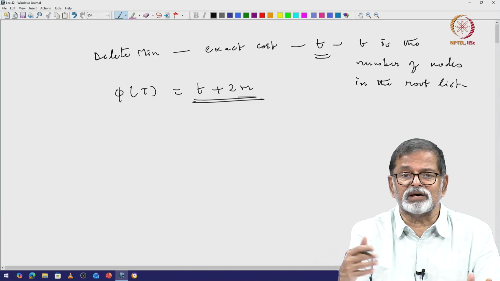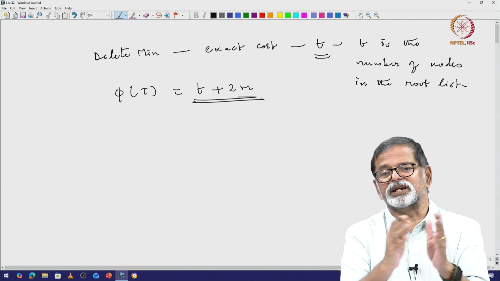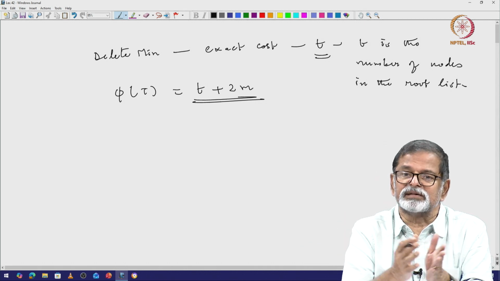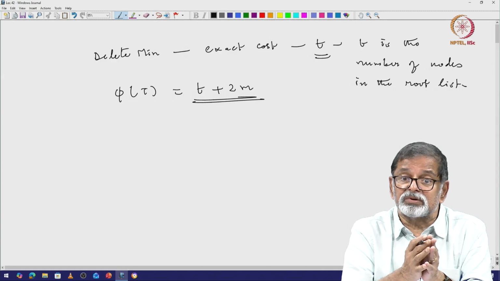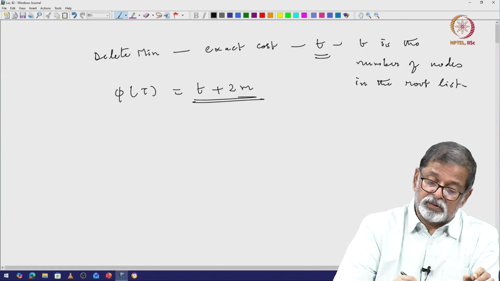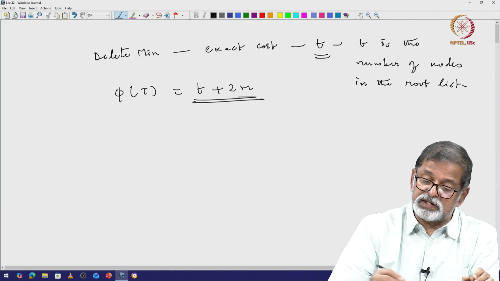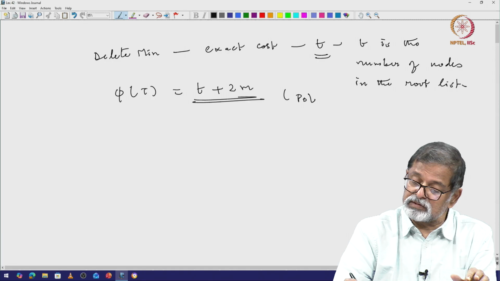It neither increases nor decreases. It does not address the marking at all. Only consolidation is done, link operation is performed, and the number of marked nodes remains the same. Therefore, if phi of t is t plus 2m, this is the potential